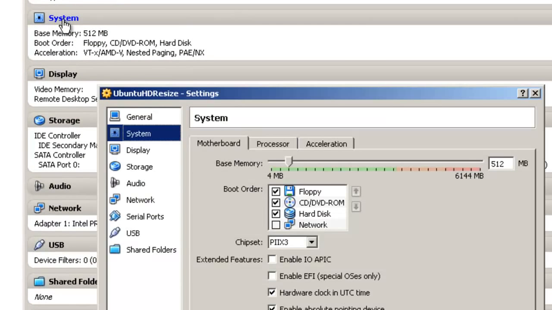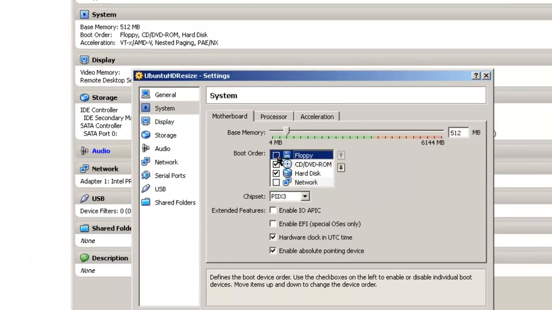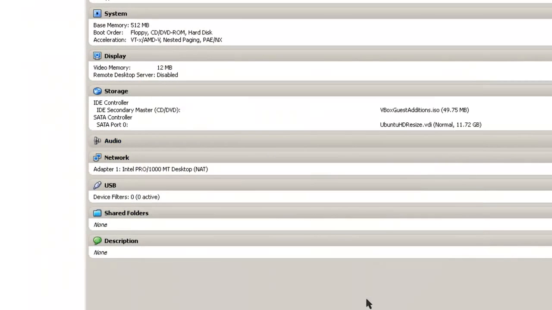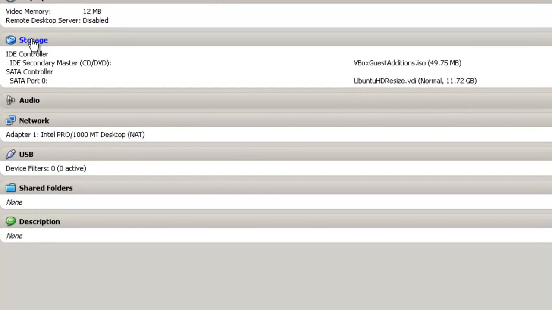Go to System, and here's the boot order. In this case, make sure that your CD or DVD-ROM boots before your hard disk. Now, because we don't have a floppy, I'm simply going to uncheck this and click OK. In storage,